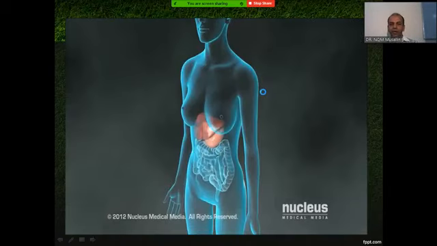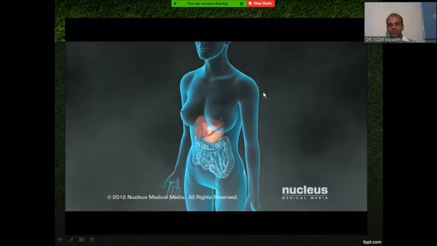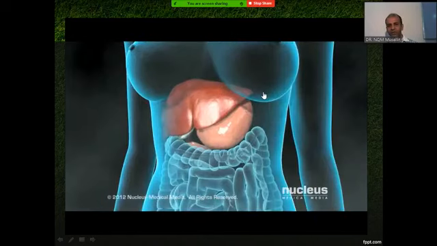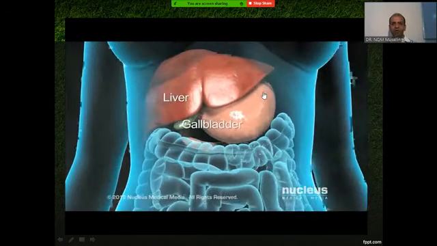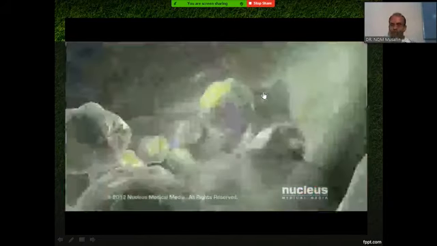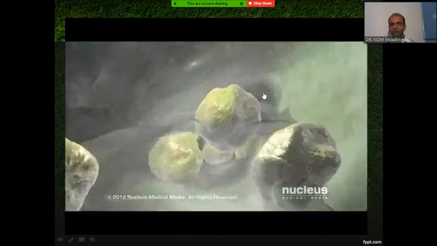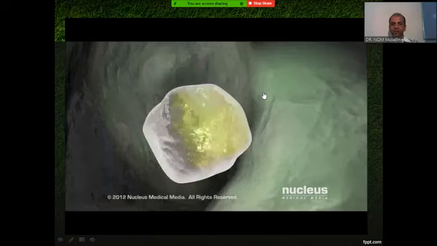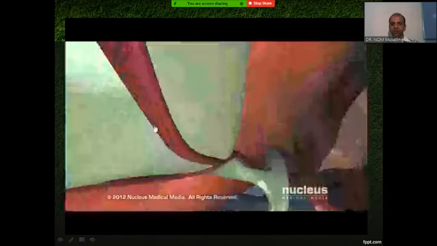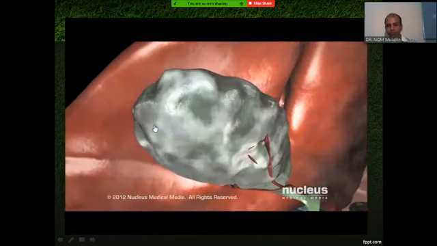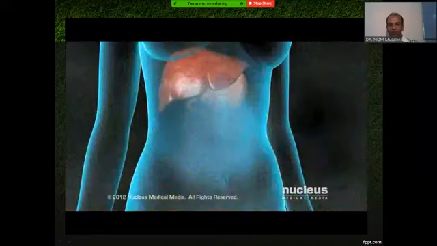Now, how does chronic cholecystitis occur due to the presence of stone? In this video, we want to show the role of stone in the development of chronic cholecystitis. Right upper abdominal pain most commonly occurs when gallstones temporarily block one of two ducts. So this is the stone which may lead to irritation of the gallbladder lumen and lead to cholecystitis. Sometimes a small stone is impacted in the neck of the gallbladder, which leads to blockage of the duct and may lead to inflammation and shrinkage of the gallbladder.